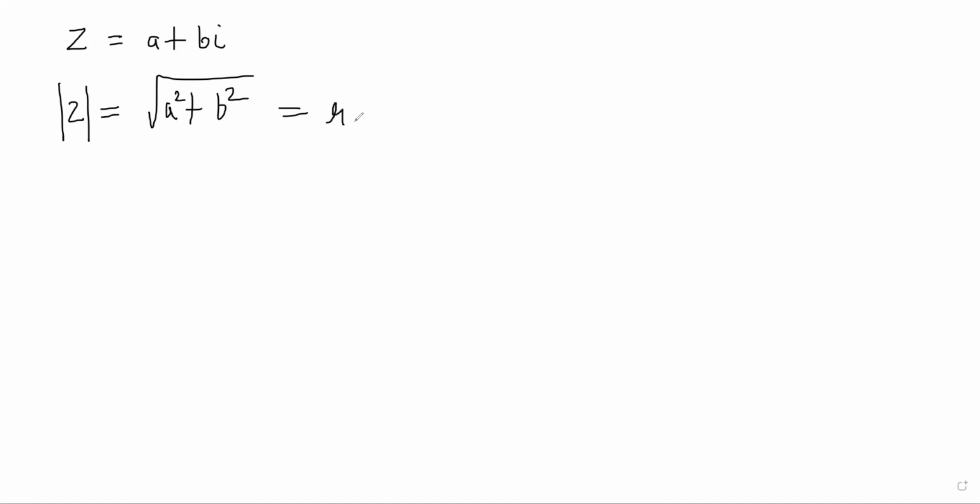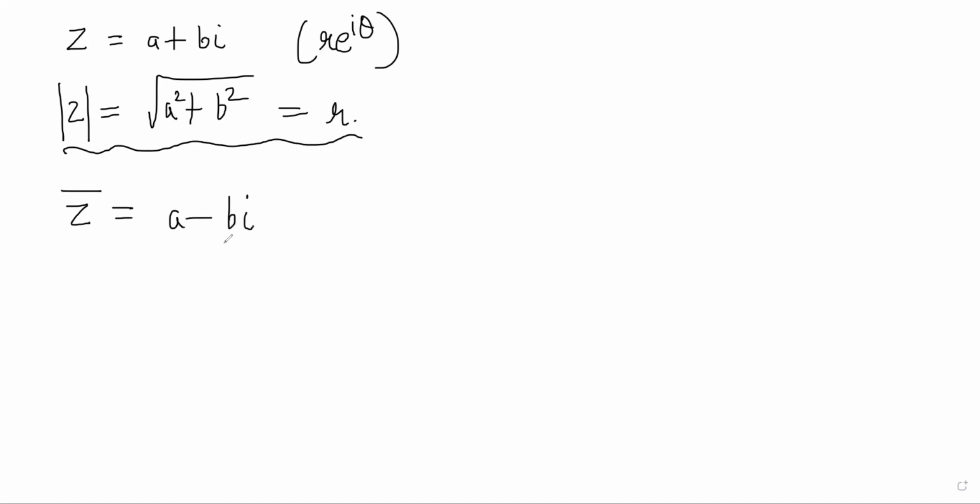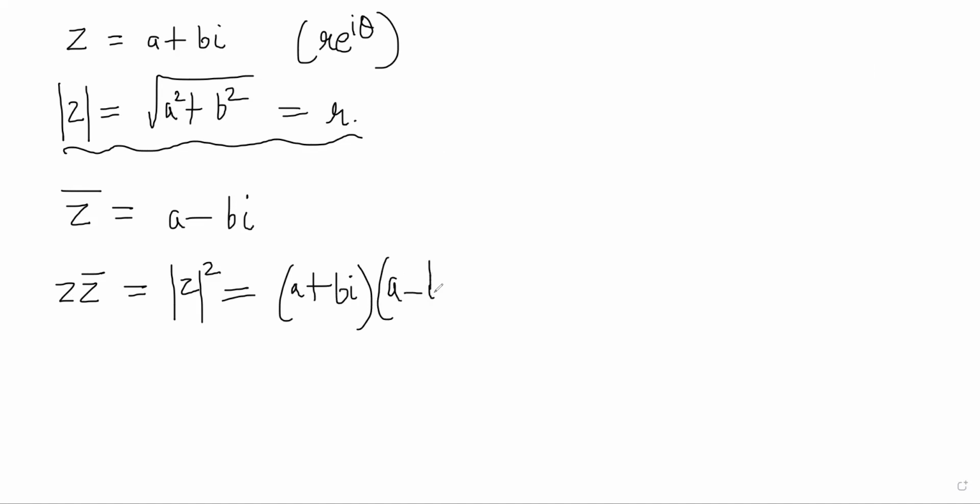Okay, so basics of complex numbers, some properties you need to know. For example, Z is a complex number A plus Bi, and mod Z is equal to root over A squared plus B squared, which is basically R. So this can be written as R e^(i theta). Now we can define a conjugate, which is A minus Bi. And from there, Z times Z conjugate is always mod Z squared, because A plus Bi multiplied by A minus Bi equals A squared minus B squared i squared, which equals A squared plus B squared, which is R squared.